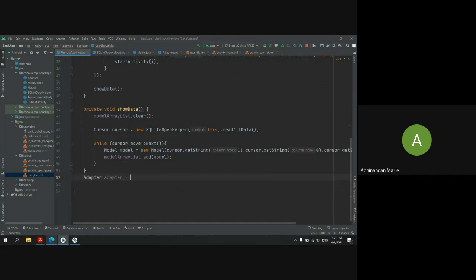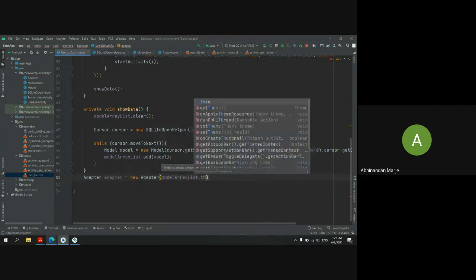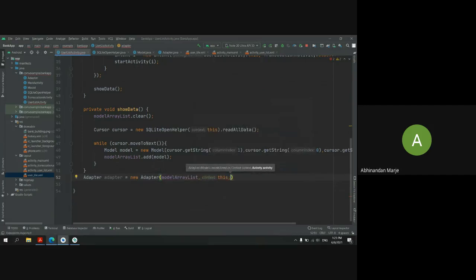Adapter is equal to new adapter, and here I want to pass the model array list first, the next thing the context, and the next an activity, user list activity dot this. And I will set this adapter to my recycler view.